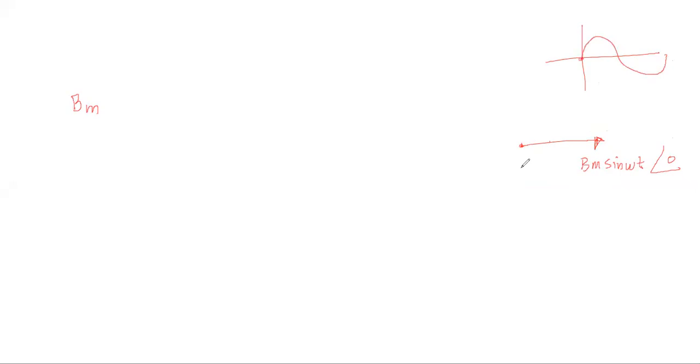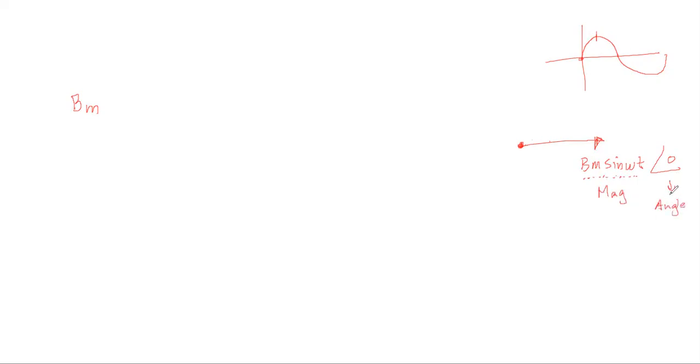So it starts from the value 0. Okay, and after 90 degrees it will reach its maximum, another 90 it will again go to 0, then it will start swinging in the negative direction. Okay, so its magnitude is varying according to this sine wave. It starts from 0, then increases in the positive direction, then again decreases in the negative direction. So its magnitude is not constant, it is given by this function. This function will take care of when it is maximum in one direction and when it is maximum in the other direction and when it is 0. Okay, so for the magnitude part, I take this function,